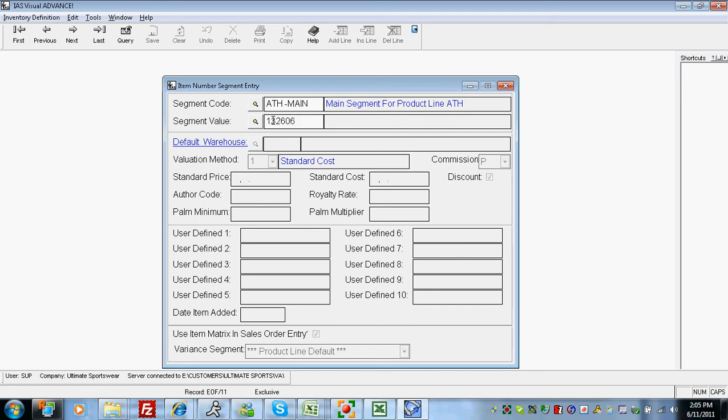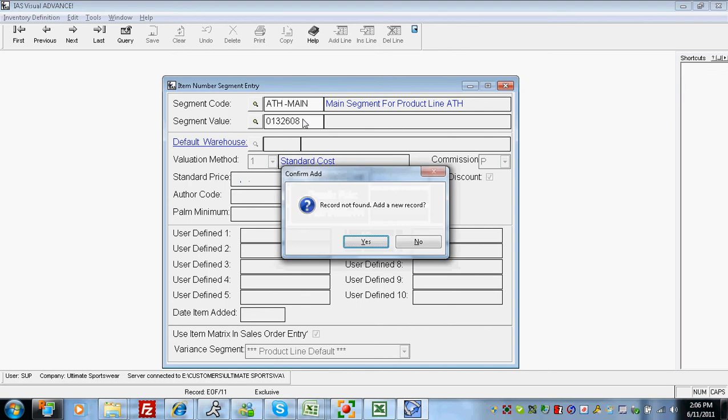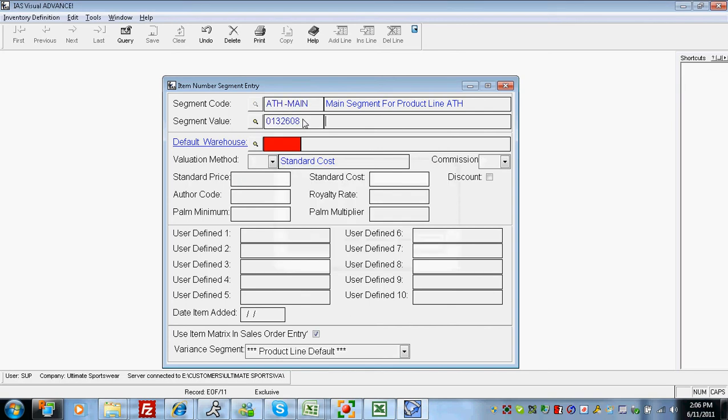1313206. It has to have a 0 in front of it. 608. Okay, that's a new item. So this is what you would do as a new style comes in. You would set that up, and then you would say this is a